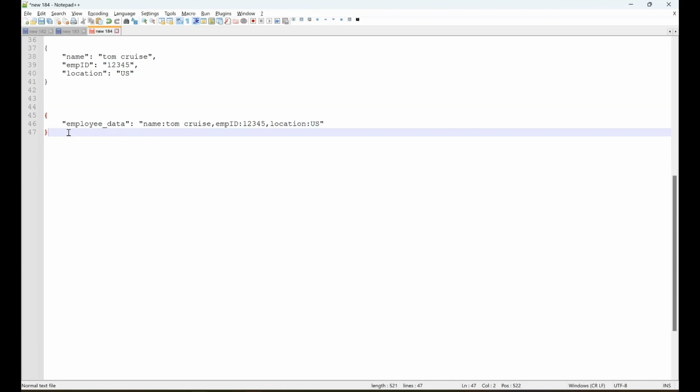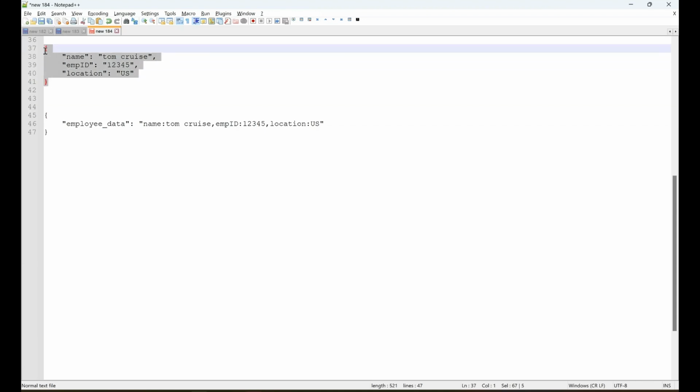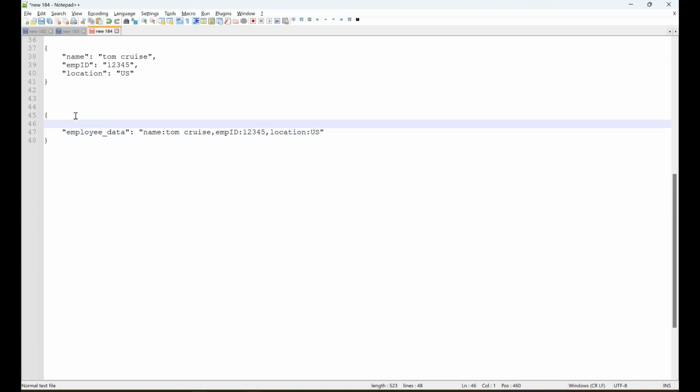I mean, the representation is not the same. It looks a bit weird as well. Lot difference, but the data is same. You set this as an employee data, and it has name, employee ID, location properties. Whereas if you take employee data, here you take this key and value, key and value. Now they will write some comment here. So here they are gonna write the comment as